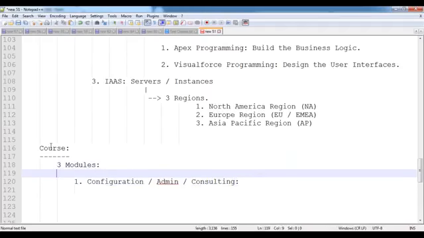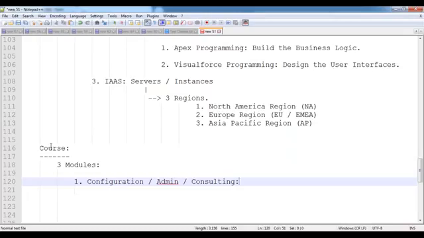That means what? Configuration in the sense of purely using mouse pointers, without writing any code, without using any programming languages, without writing any business logic, just by using some mouse clicks, how to develop the applications. Don't expect installations, patch updates, like a network administrator, not like that. How to develop the application without writing any code, without using any programming languages. This part we are going to be discussing as part of configuration.